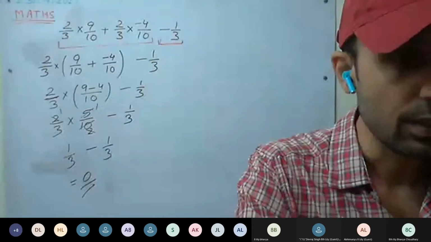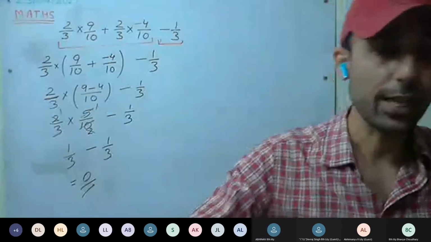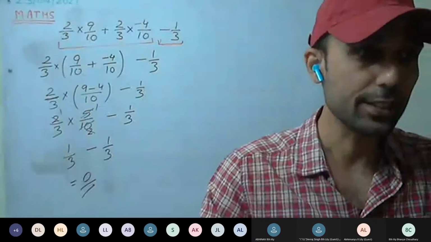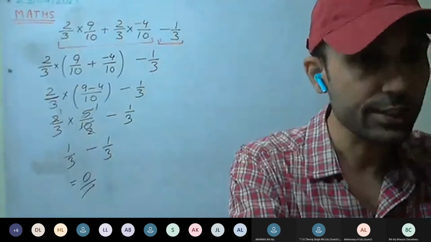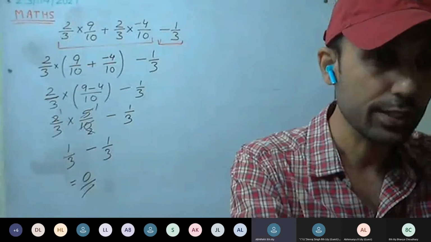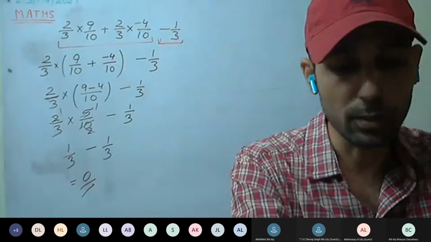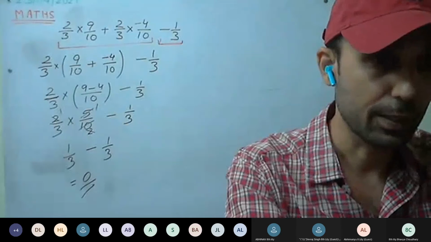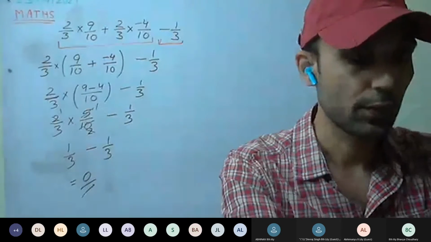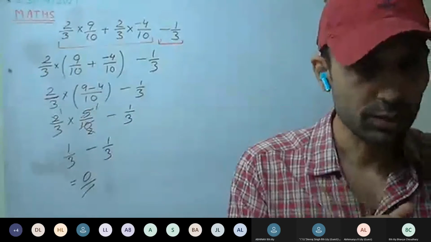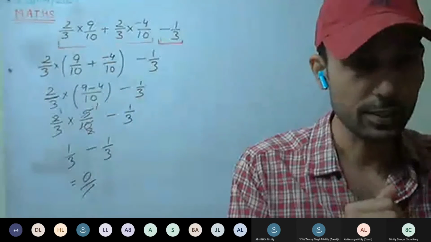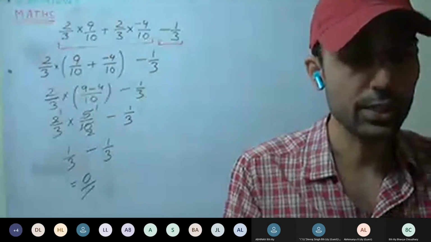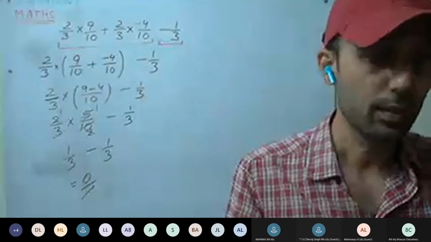Those students who are not having the book for time being, either you ask your friends to send the pics or you can text me on WhatsApp. I will click the pics and send. Or there is one more way. Last year's books are the same as this year's, so you can get it from students of 9th class. It's the same book. If you are not able to get it, you can ask me and I'll send you on WhatsApp. Or you can get the books from your seniors.